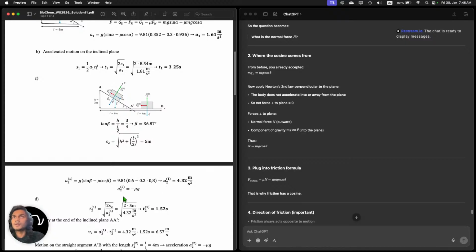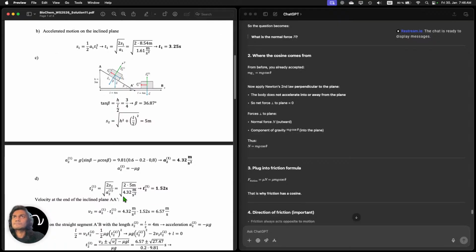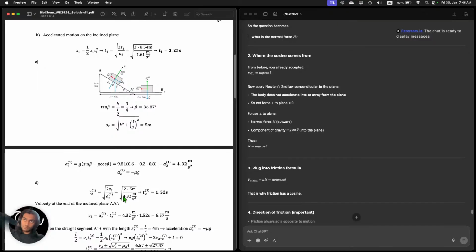Okay, A2 equals minus nu G. Why though? Minus nu G, that's pretty,